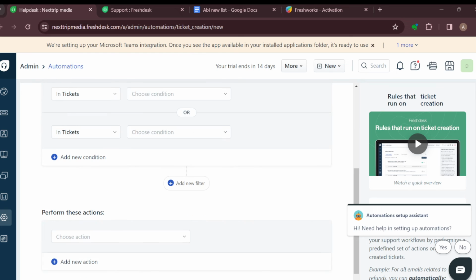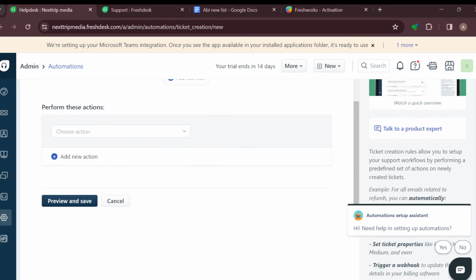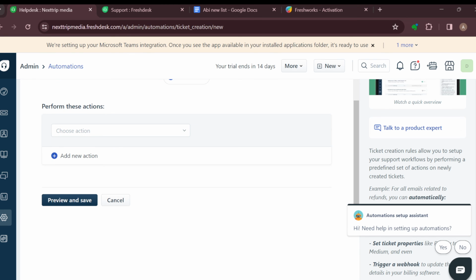Then you have to select the kind of field you want using the drop down. Is it for ticket, contact, or company? And then you have to define the action that the macro should perform when the conditions that you've added here are met, and then click on save. And just like that, the macros will be enabled in your